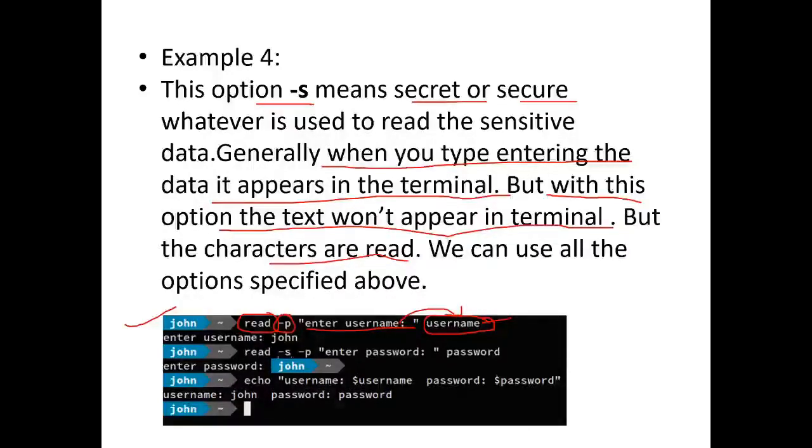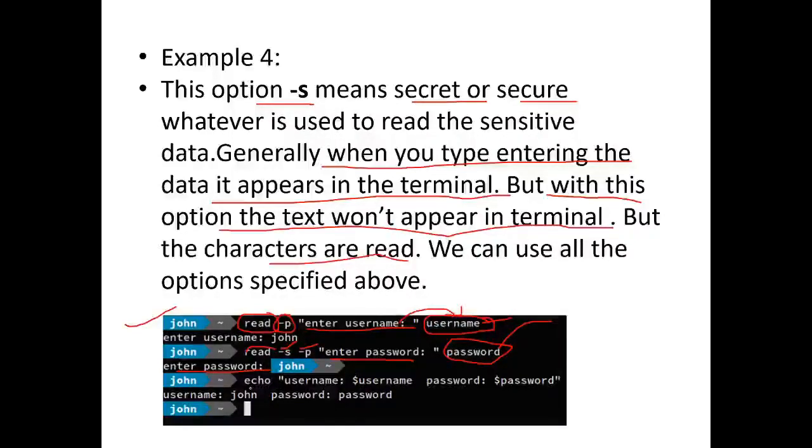Now in the next line, the user has typed the read command, and they also used the -s and -p options. "Enter username" will be displayed on the screen, and "Enter password" will be displayed on the screen, and that password will be stored in the variable named password. Now you can see the user has already typed the password, but it is not visible, and it is stored in the password variable.